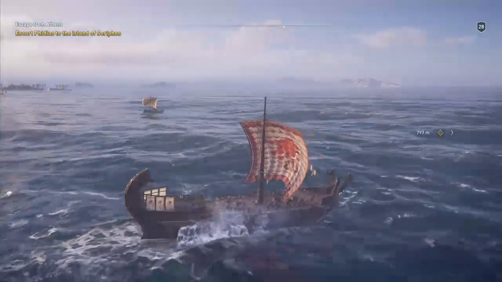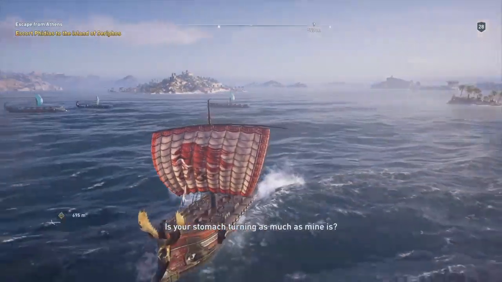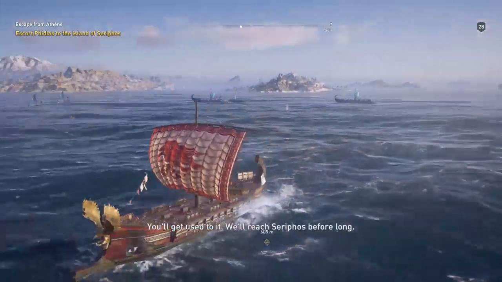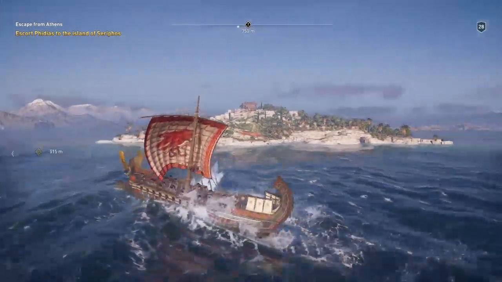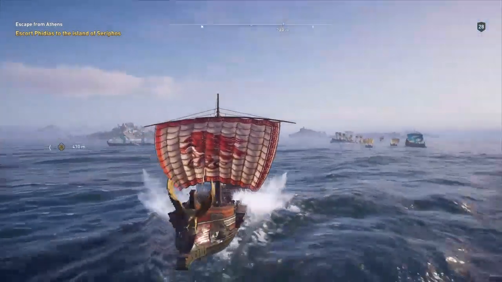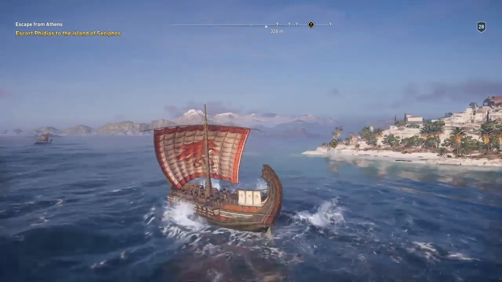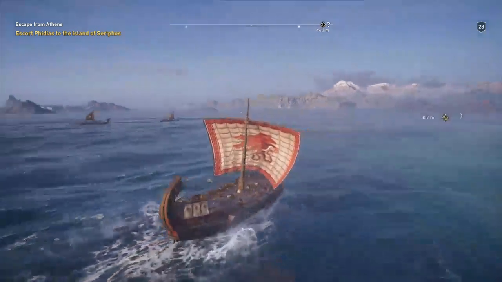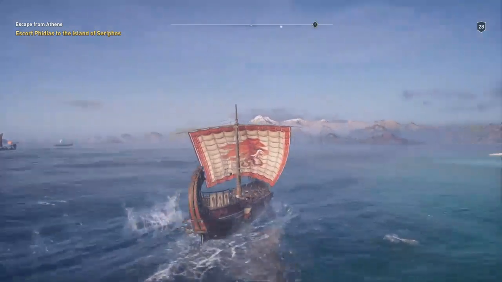Oh yeah, so you have different themes and stuff you can get. So this is the eagle figurehead, masthead. But you can change them up and stuff like that. It changes the coloration and the shields and banners and stuff on the side of the boat there. It changes all that stuff up.